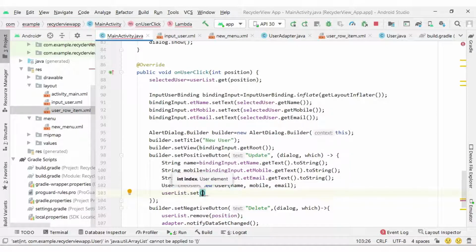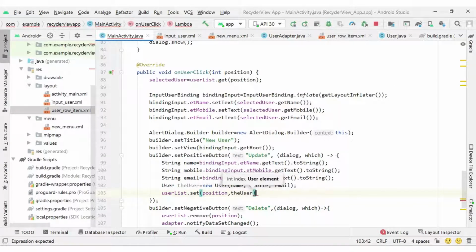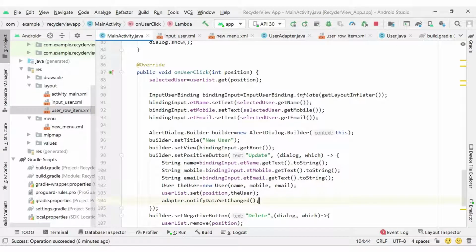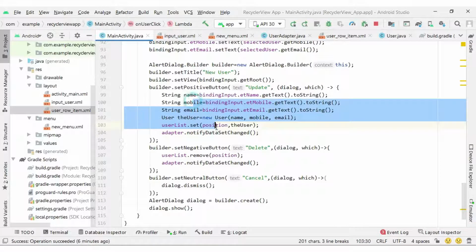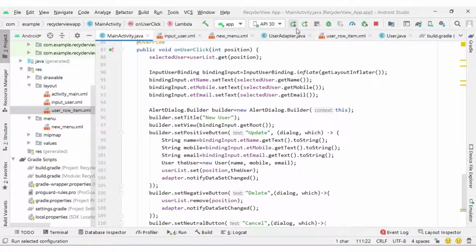The set method will update the object at the specific position: position comma the user, and then again notify dataset changed. So done. The update operation will perform here, the delete operation we have done, and if we do not want to perform any operation, then the cancel button will work. Let's check the output here.